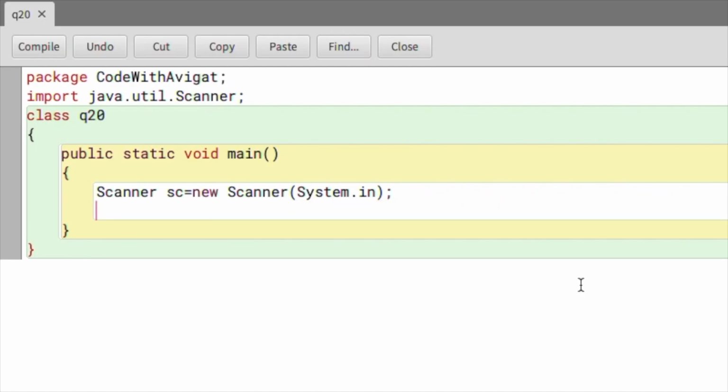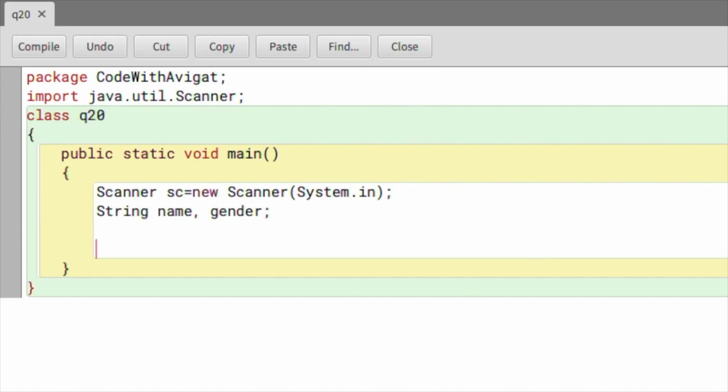Now to start the program, first I will create two variables, one to store the gender and one to store the name. And both of those variables will be string variables. So I'll just write String name, gender. Now I will write my print statements to gather input from the user, and then I'll store those values in these string variables. First I'll write the input for name, so